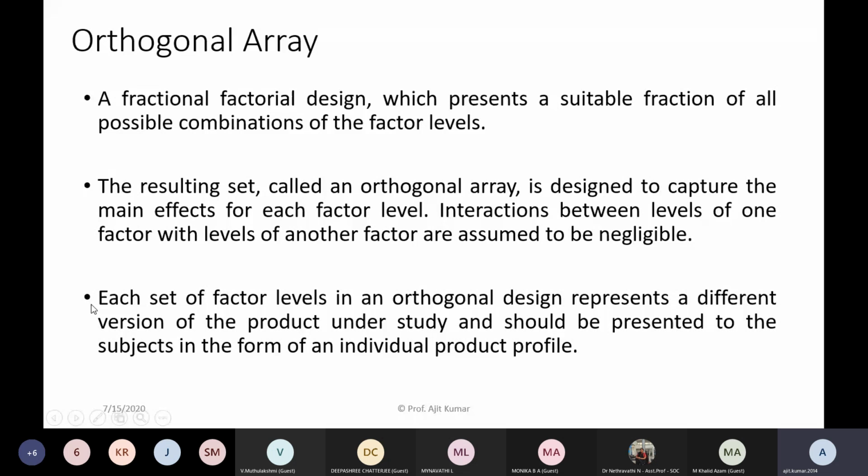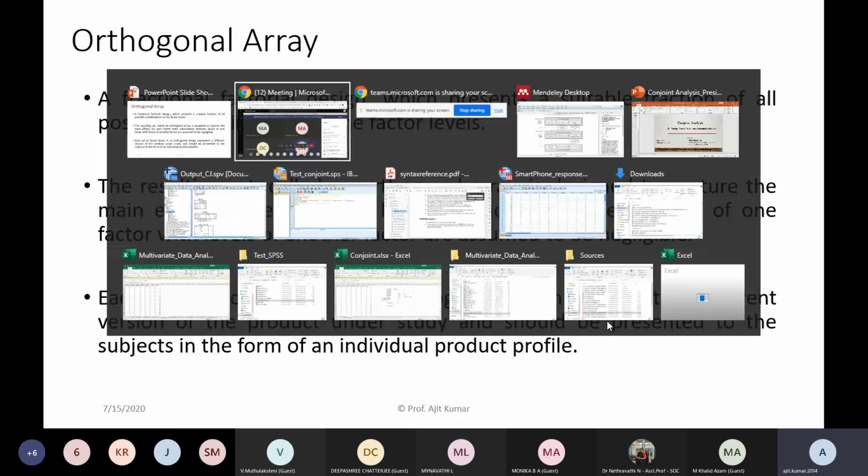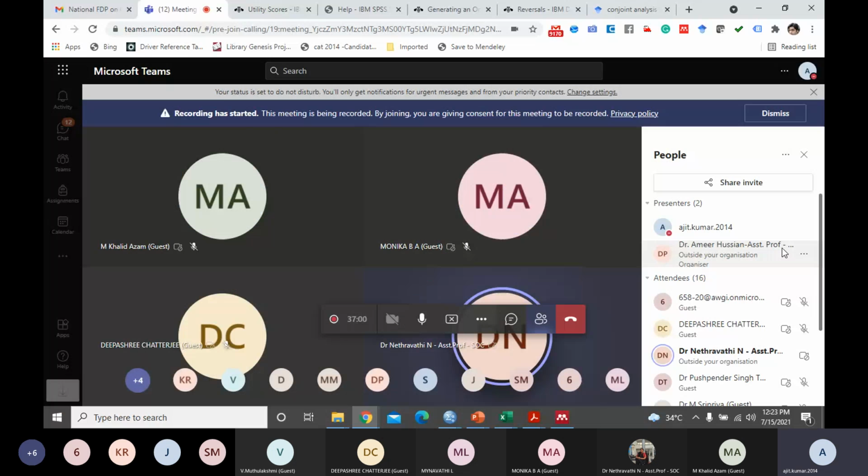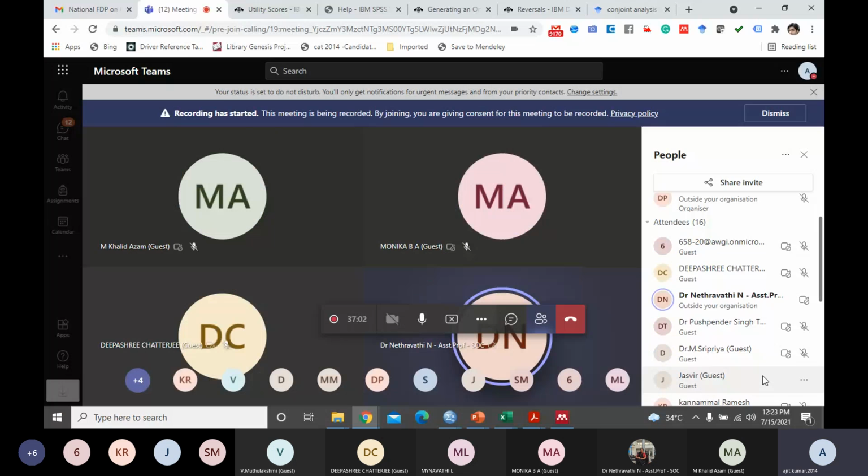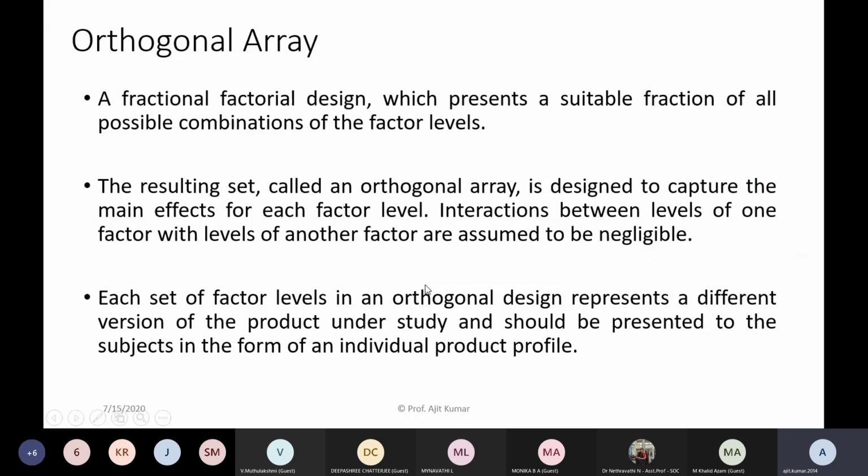So this orthogonal design approach is important. Let me see if I can mute somebody who is speaking. All right. So this is important before we actually conduct, because this actually helps you.